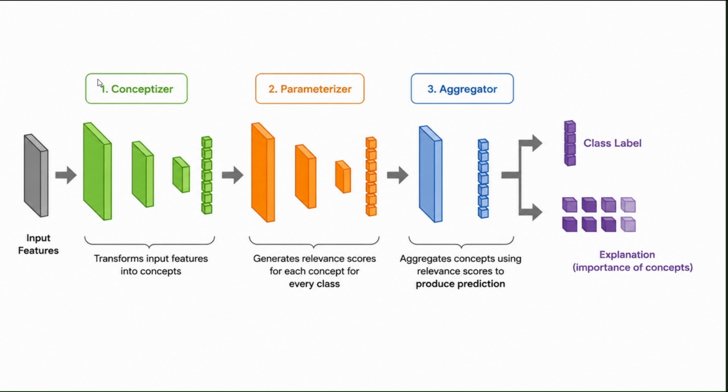An identity conceptizer passes the data as is. This was done just in case in future more work could be done on the conceptizer side. A key advantage of this design is that explanations are generated as part of the prediction process itself, rather than a separate post hoc explanation method. As a result, the model remains inherently interpretable.